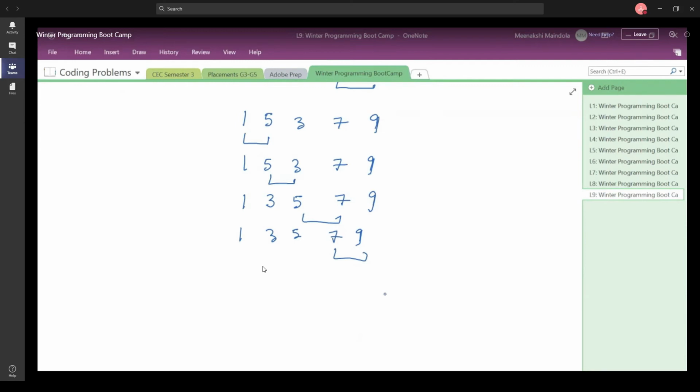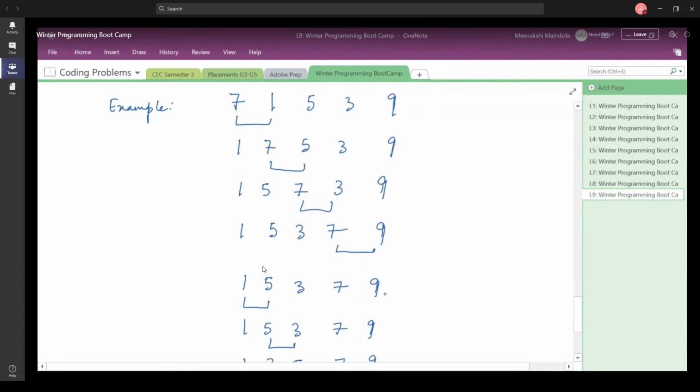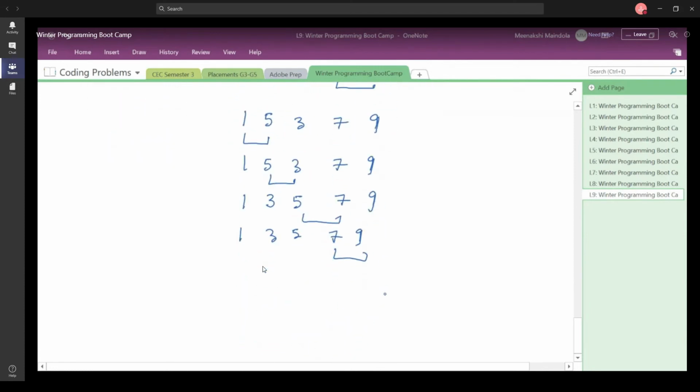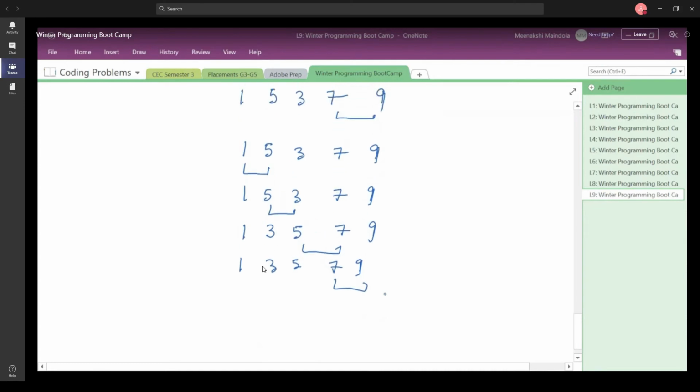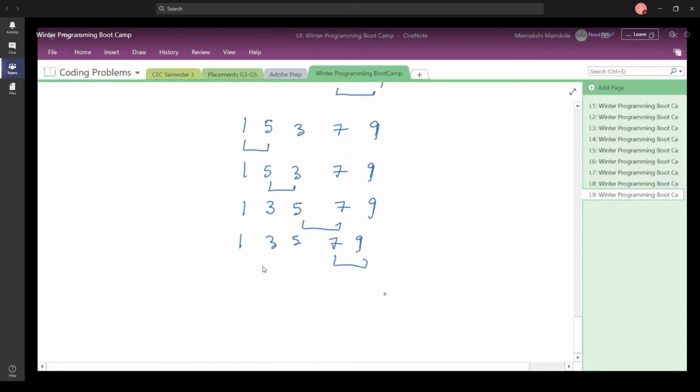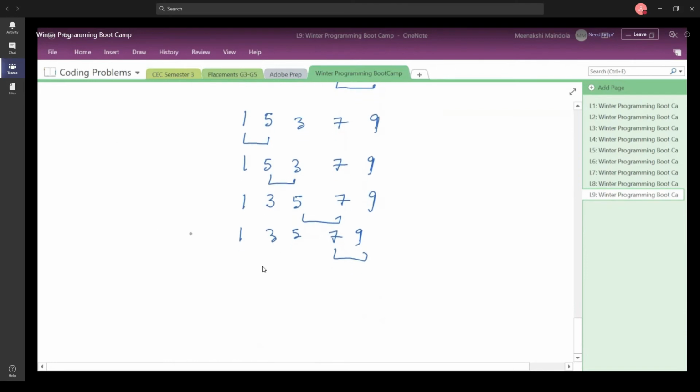Okay, so you have already implemented bubble sort a lot of times, so I don't think you require looking at the pseudocode. And if it is required, then you can post that in the group. I am going to write down the pseudocode as well, but I don't think it is required since it is very easy.